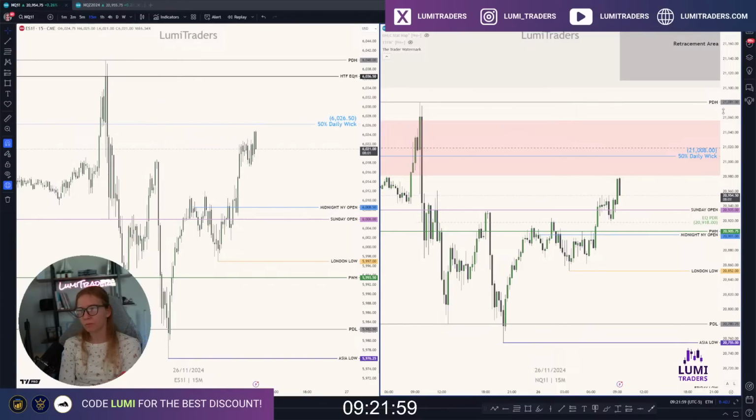So both ES and NQ are still below 50% of the daily range. Anyway, price went down to New York midnight open. It'll be nice to see. Oh, that's nice. We still have 8 more minutes. Ideally, I want to see price go down to New York midnight open, maybe back to the discount of this leg. Once the market opens, I don't want to see it before market open.